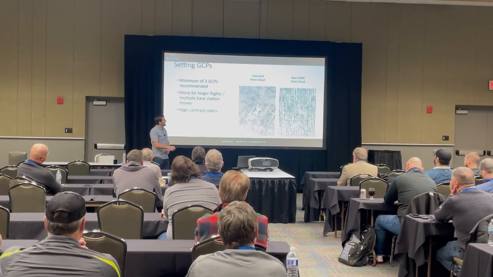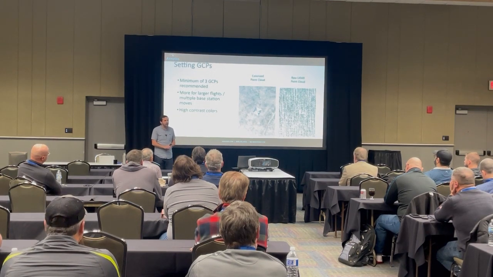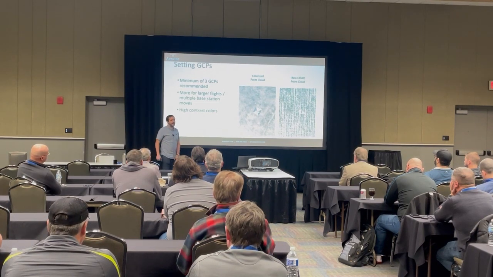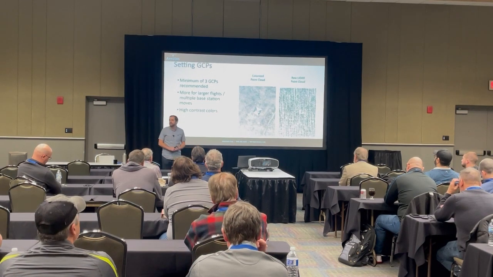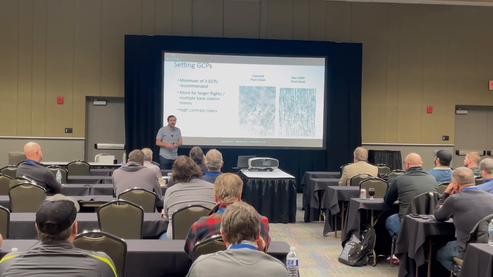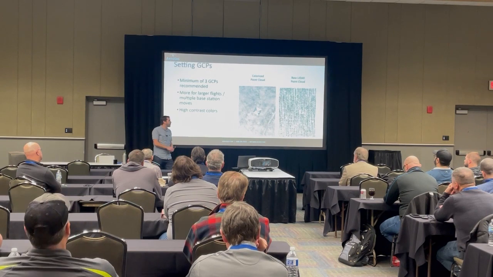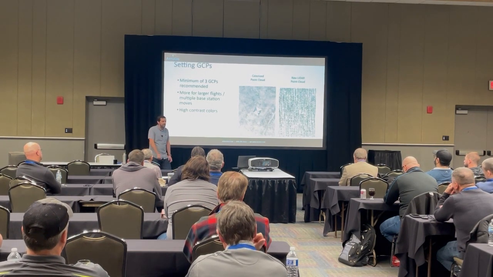you want to make sure that it's high contrast colors, because this is what the point cloud looks like. There are actually other ways to look at it with LiDAR. For example, the intensity return is something that can be used where those high contrast colors make a difference, so that you can still pick out the center of a GCP using LiDAR. Now, LiDAR does have slightly lower XY accuracy than Z accuracy. Its horizontal is not quite as good as it is vertical, but that's okay when you're geolocating the point cloud, because that XY doesn't matter so much on LiDAR;